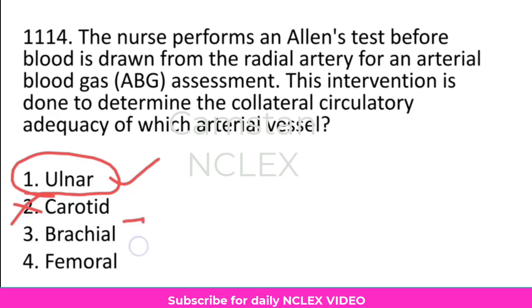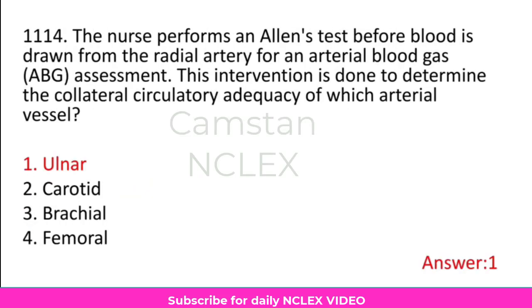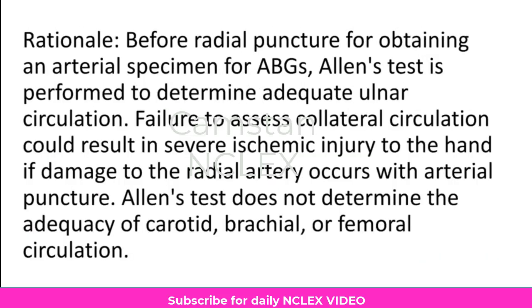And what about the brachial and femoral artery? These both are alternative arteries for drawing a sample for ABG analysis, but they have several disadvantages, like being harder to locate because they are less superficial than the radial artery, and they also have poor collateral circulation. So first preference will be given to the radial artery, and with the radial artery we should check the patency of the ulnar artery. So the right answer of this question is option 1, that is ulnar artery, and the rationale behind it is